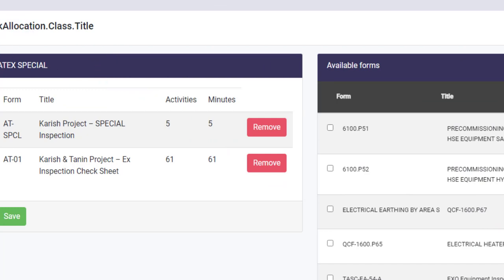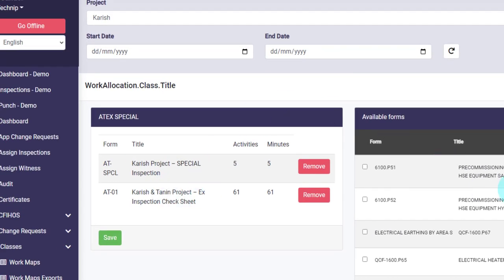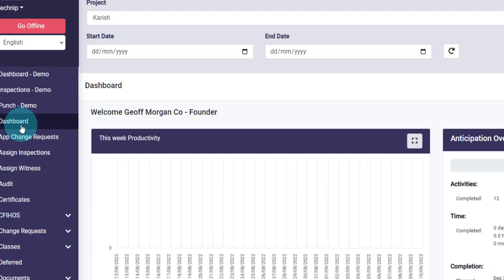So any piece of equipment that is classified as ATEX Special will get this special inspection. There's 5 activities, and I've left it set as default as the AT01, which is the ATEX inspection. So we can add or take those away. I could remove that and save that there, but that's how we set up the equipment class mapping, i.e. work maps. So let's just go back to our dashboard, and then now what I'm going to do, I'm going